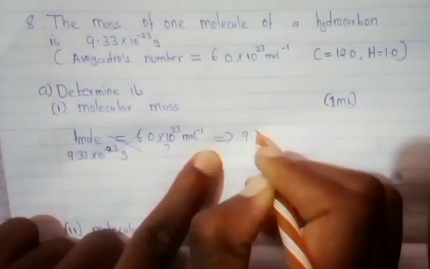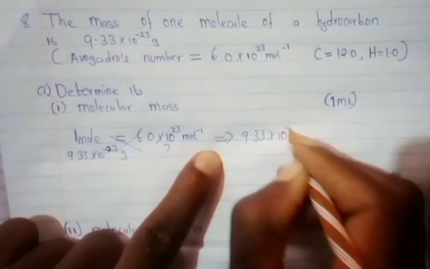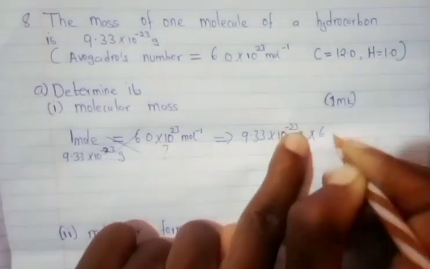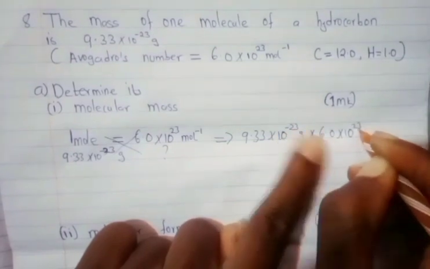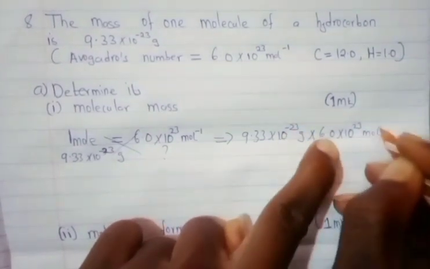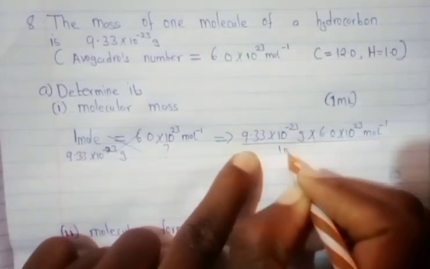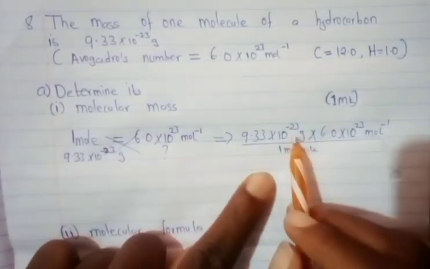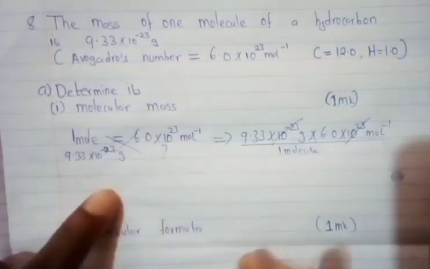So this one becomes, you will take 9.33 multiplied by 10 raised to negative 23 grams multiplied by 6.0 multiplied by 10 raised to 23 per mole, divided by 1 molecule. So we know this one and this one, they'll cancel. This one and this one here, they'll cancel. So you remain with